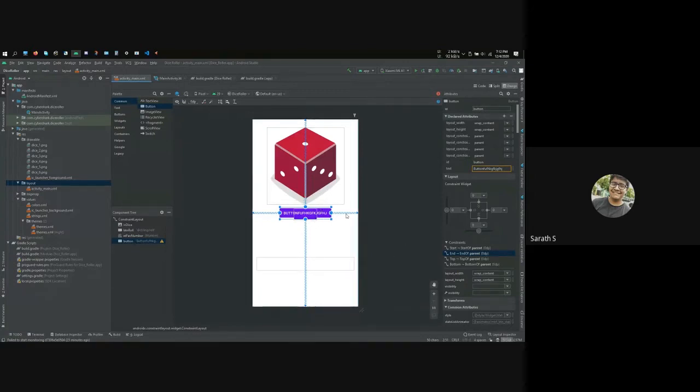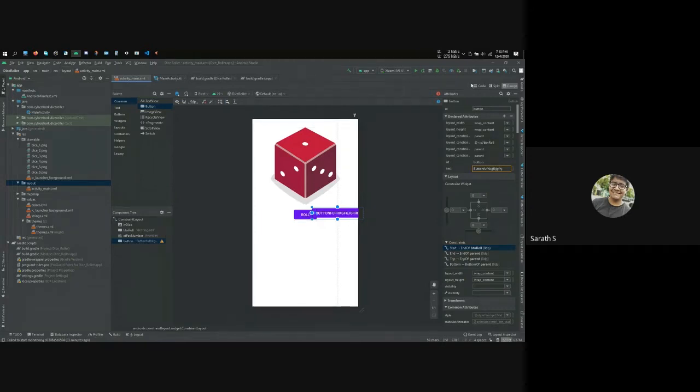You could not just give the constraint to the whole layout. You could say, for example, I want the beginning to be on the end of this button. So it basically tries to put the beginning part of this new button to the end of this old button. It doesn't have space, that's why it goes out of the screen. So yeah, we'll be looking at how to fix that as well.